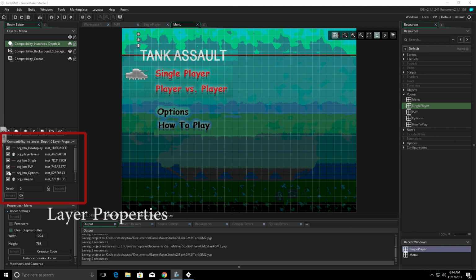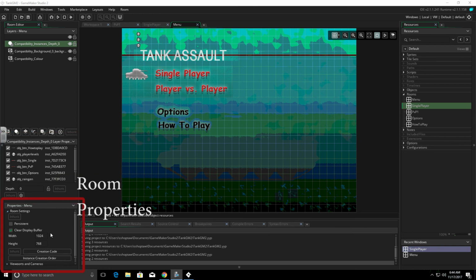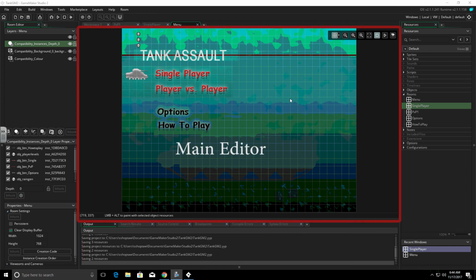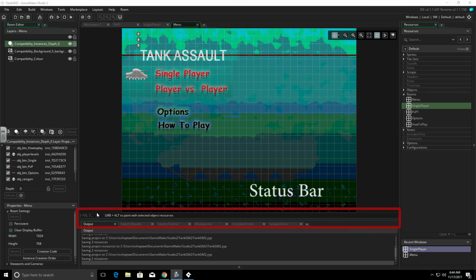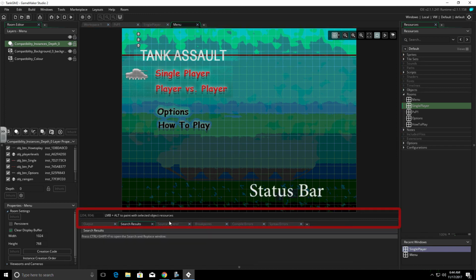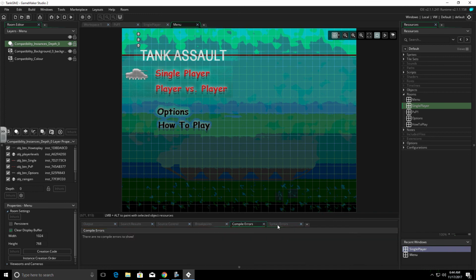We have our layer properties. We have our room properties. We have our main editor, which is where our room actually will display and we can move things around. We have our status bar here, and it gives us a lot of different options down here, some of which may not show up when you first start your game.